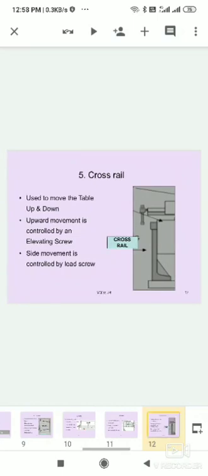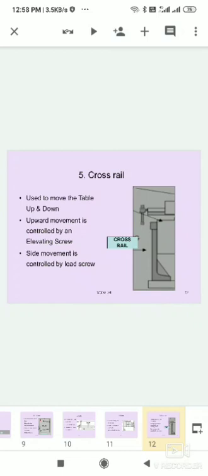And the other part is the cross rail. It is used to move the table vertically and horizontally. Vertical movement, meaning upward and downward, is controlled by an elevating screw.